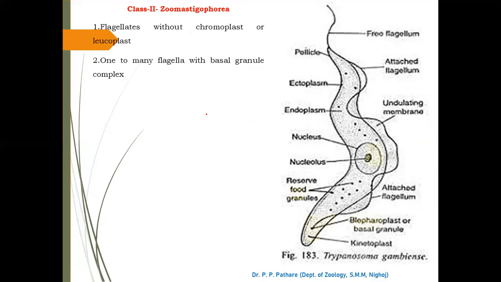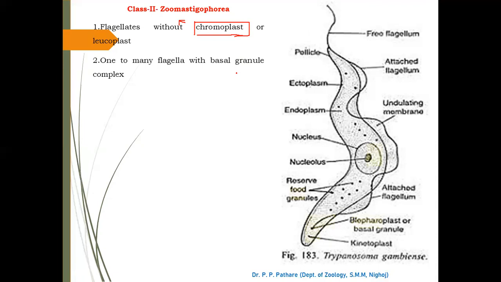Now here, again, we are finding some basic characteristic or diagnostic features of class Zoomastigophora, sorry, Sarcomastigophorans animal. The flagellate without chloroplast or leucoplast. This is a very important character. If chloroplast is found in your living organism, that time this living organism belongs to the Phytomastigophorans because it is characteristic of plants. समझ में आ रहा है आपको? But here, without chloroplast means it belongs to the animals. This is a very important feature we observed in